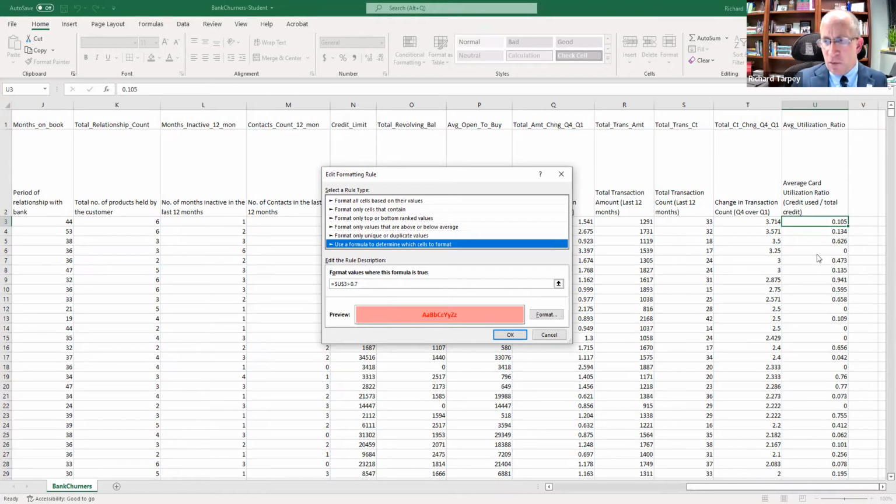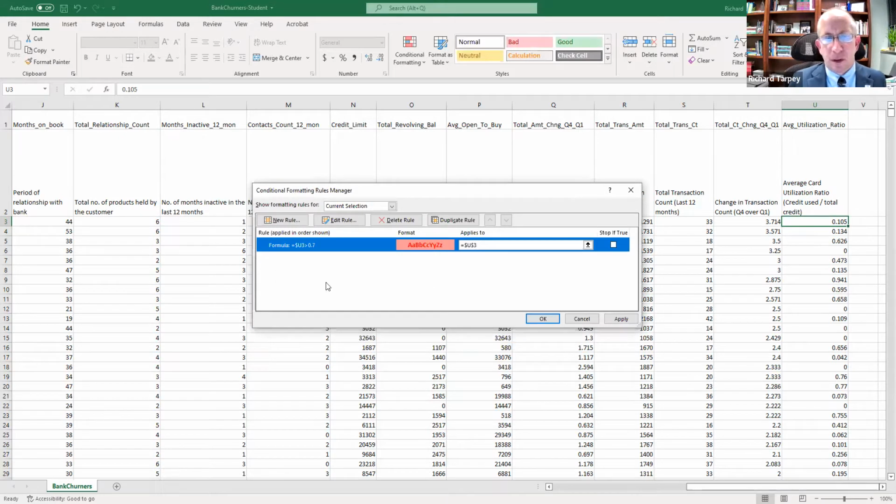But for right now, I don't want to base every one of these rows off of row number 3, do I? In this case, I need to get rid of this one, right? So I want every row to be formatted off the value for its corresponding row. I'm going to say okay here. Now we have an issue with the applies to. Right now, I'm only applying right here. I want to apply this particular format all the way down to